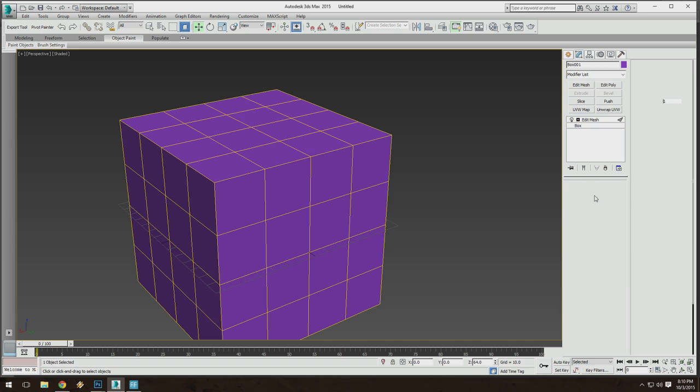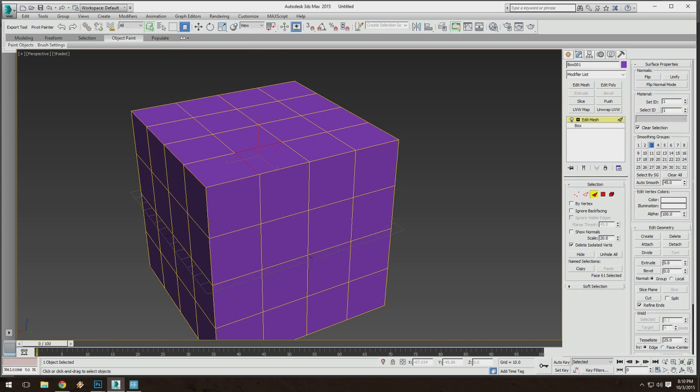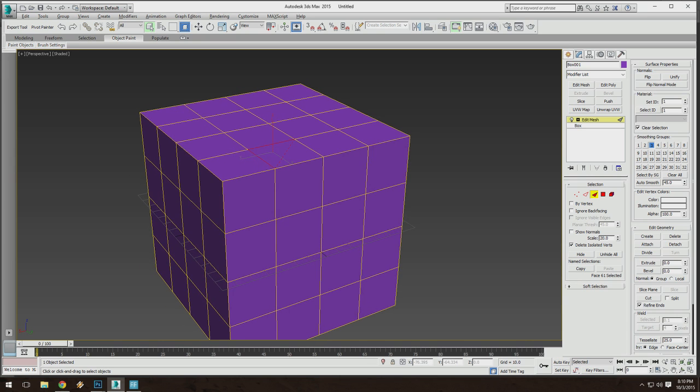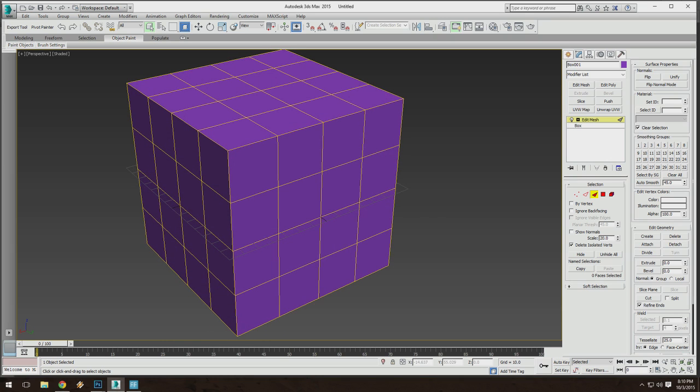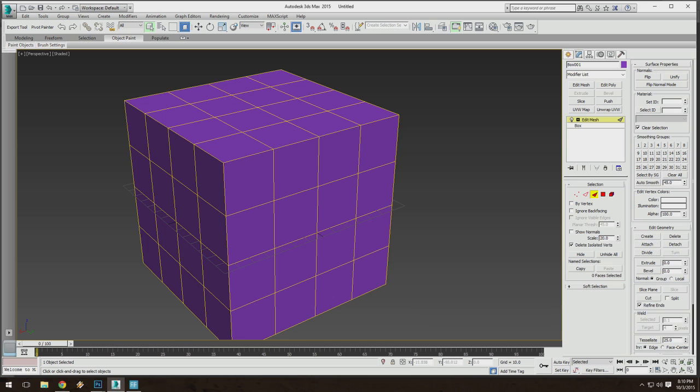There's triangles or faces actually. So this is one of the coolest things about Edit Mesh, that you can actually select triangle faces. If you look at this box, it all looks like square quad faces, right? They're called quads when it's like a square. Basically, it's a quad because it's got 4 points, and that's it. Usually tris are 3 points, but this is kind of